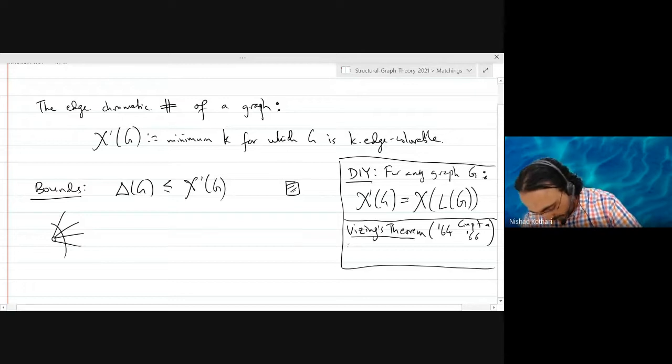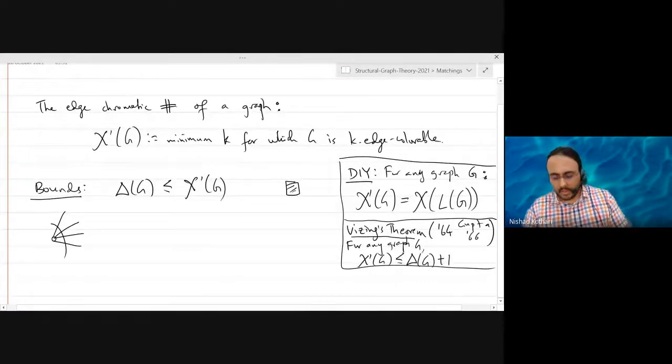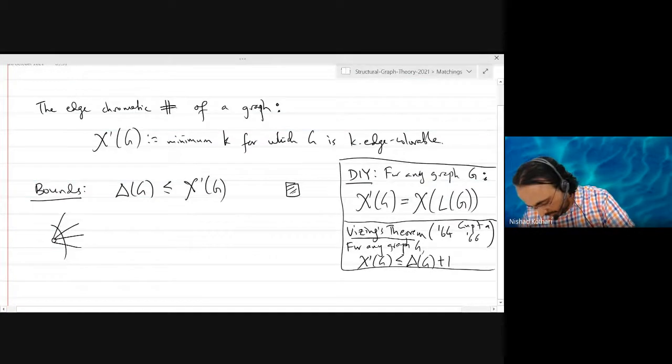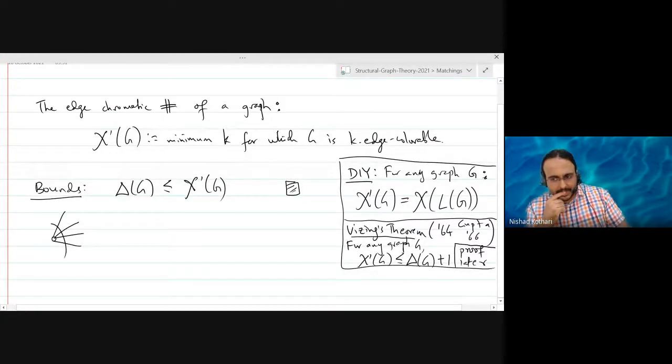So for any graph G, the edge chromatic number is upper bounded by exactly one more than the maximum degree. Okay, we will prove this later, not today. Okay, good. What we may prove today is the bipartite case of this, in which case you actually have exactly delta G. So this is